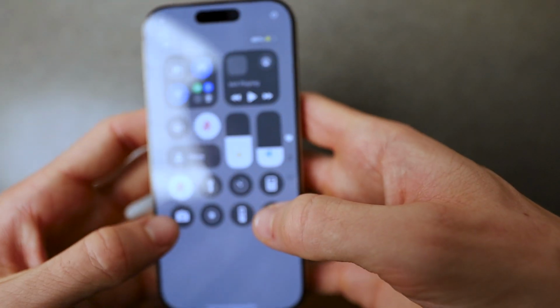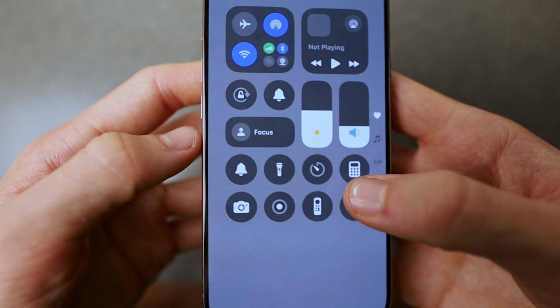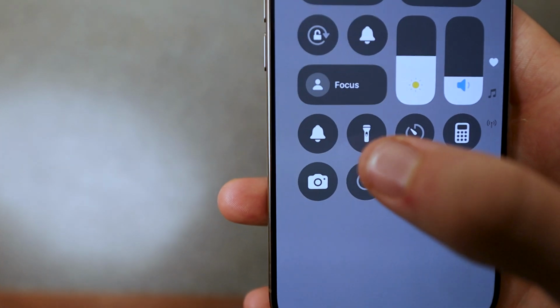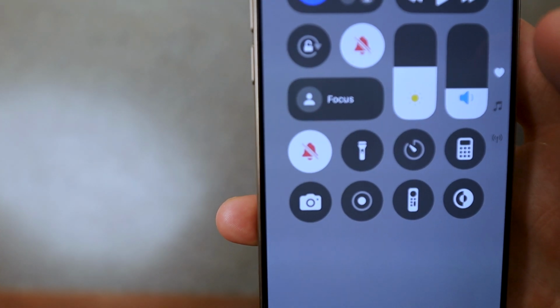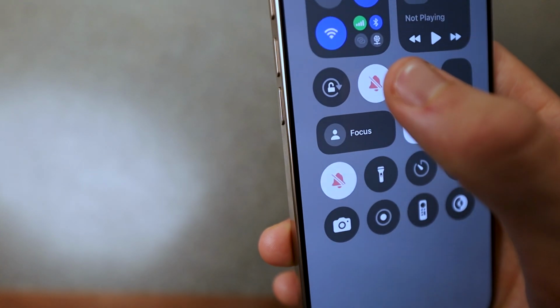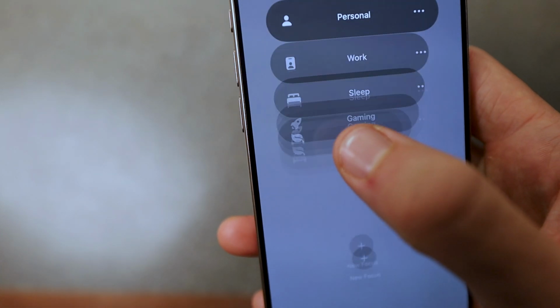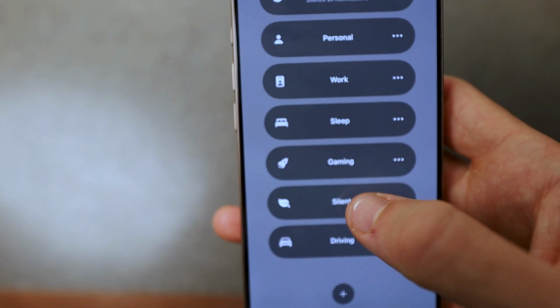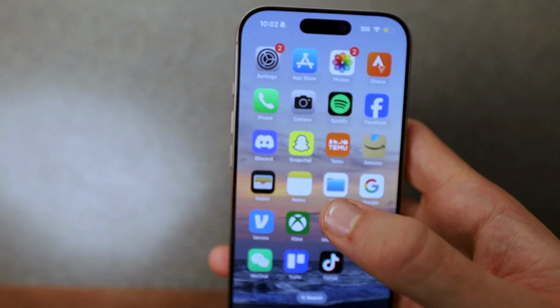right-hand corner and click on this notification bell right here. From here, you can simply turn them off just by having this on right here, and it's even the bell right here, and as you can see it turns them off. You can even do focus, click on the Do Not Disturb option. Now that will basically turn them off, but if you want to turn them off literally completely, all you need